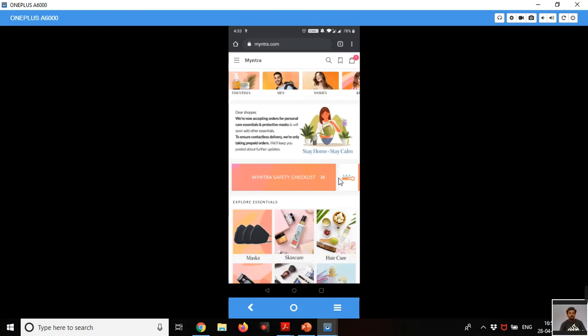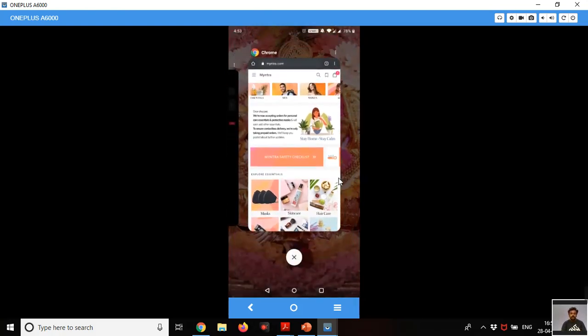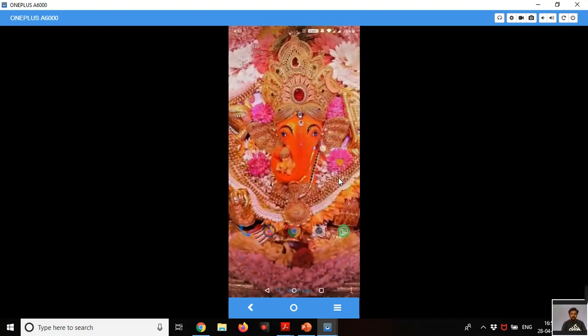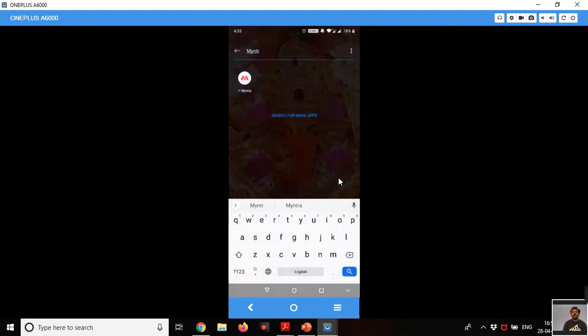Okay, let us see where this application is. I'm killing the Google Chrome. See here, if I type Myntra, yes, I got the Myntra application. What we did: we opened the Google Chrome browser, entered myntra.com, went to the action overflow button and selected add to home screen.